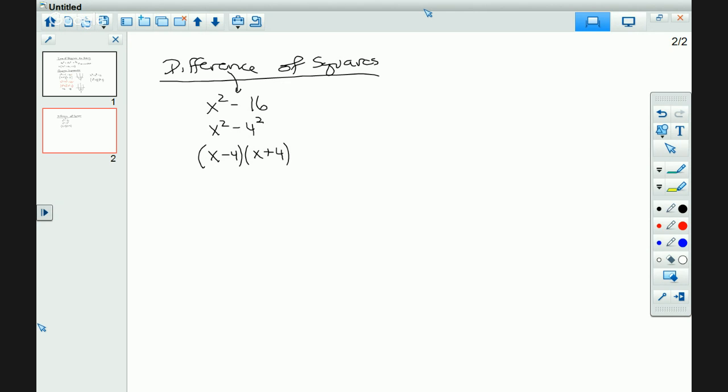So, if you see 2 different squares subtracted, x squared minus 16, you get x minus 4 times x plus 4. If you want to, you can add a 0x in there and still factor it like normal. What multiplies to get negative 16 and adds to get 0? Negative 4 and positive 4. So you get the same result. But if you can recognize this, it makes it easy. Okay? So maybe something like